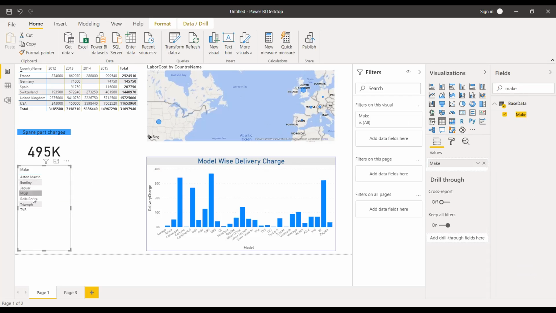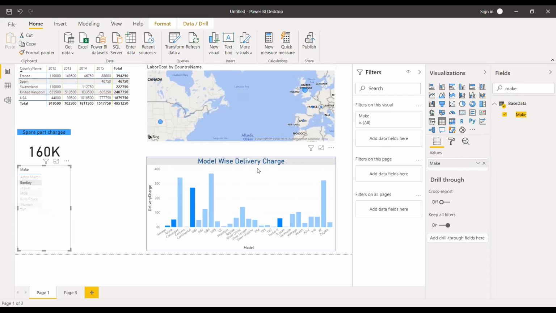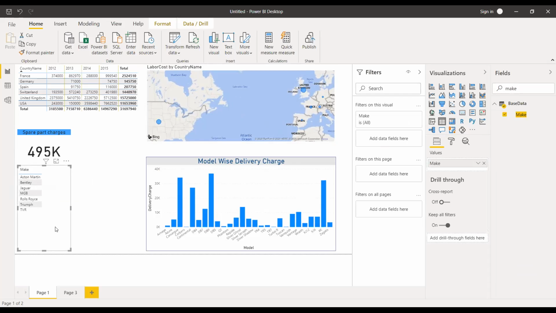Make, these are the different companies. Suppose Bentley. If you click on Bentley, the entire visuals are adjusted to Bentley. If I click on the space, then all make models are chosen.